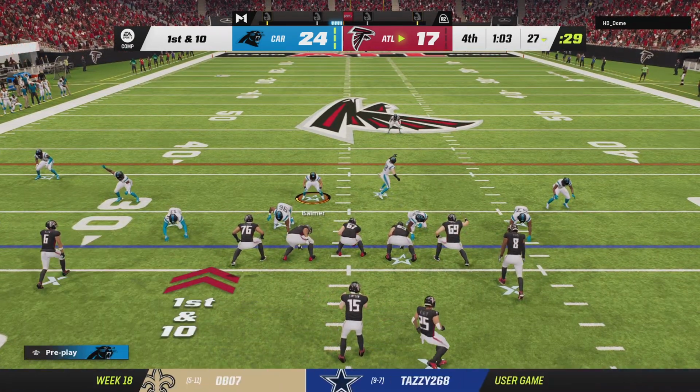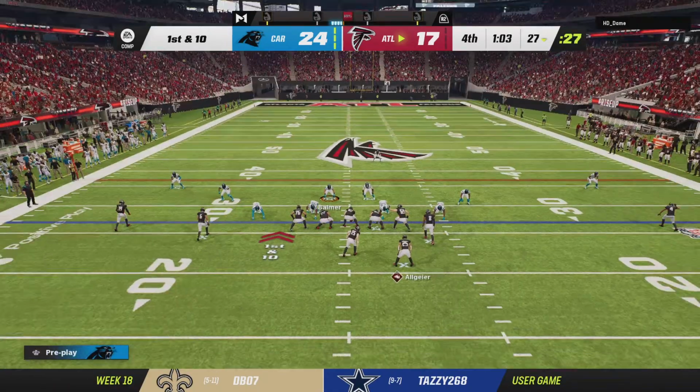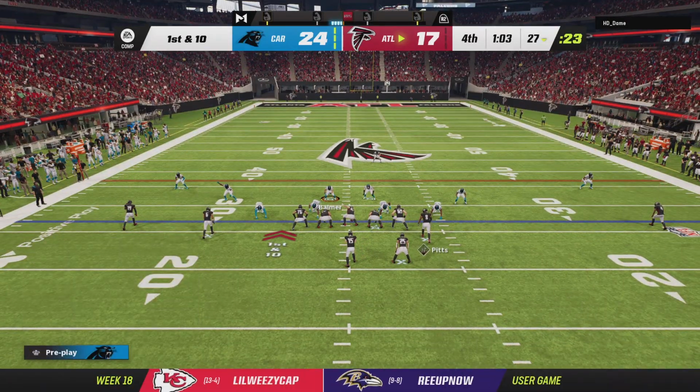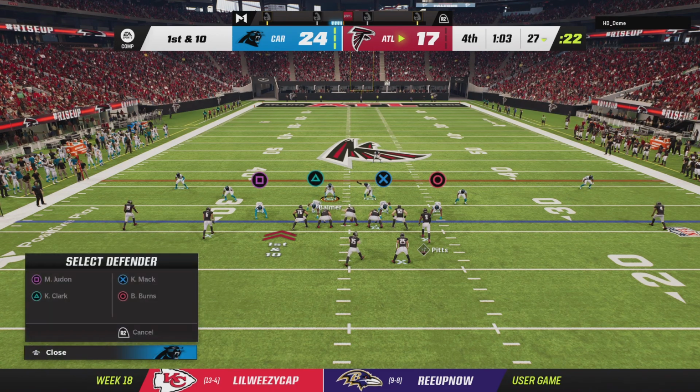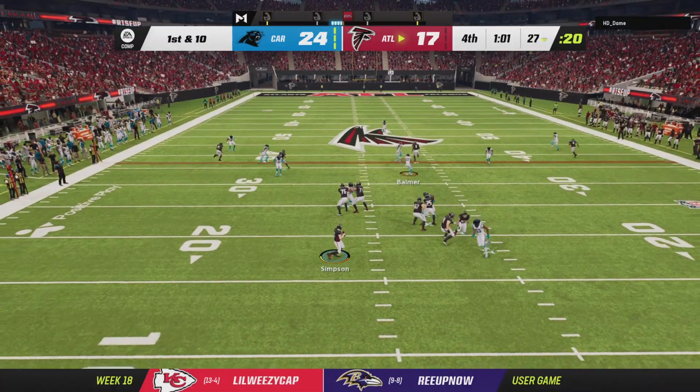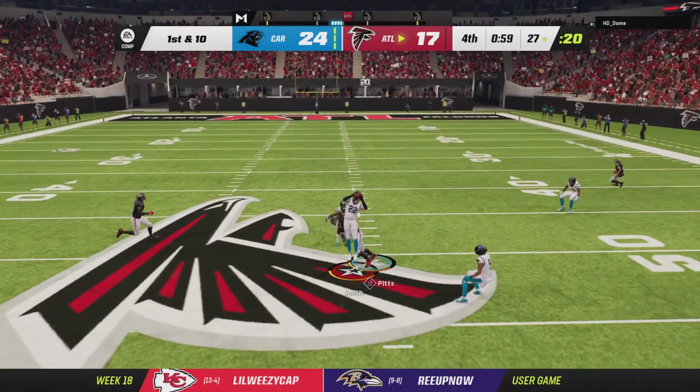Last time out, you remember their drive stalled, but thanks to their kicker, who booted a long field goal, they at least got 3. Now here they'll try to do better and find the end zone. And in your experience, how much fun is it for coaches to know that they've got a kicker who can nail it from long distance? Now the hard part is...